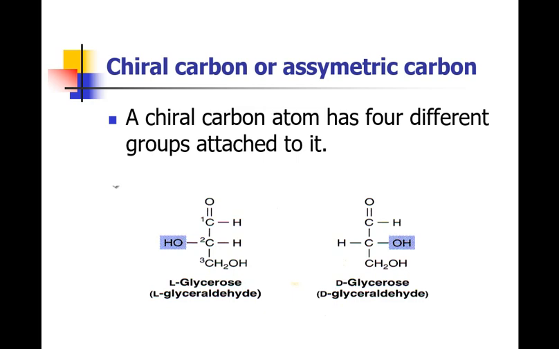2 to the power of n is the formula which is used to identify the number of isomers. Here there is one asymmetric carbon, and n is the number of chiral carbons or asymmetric carbons. So n is equal to 1, 2 to the power of 1, that is 2. So glyceraldehyde can exhibit a maximum of 2 isomers. One is L-glyceraldehyde and the other one is D-glyceraldehyde. This is how we can calculate the number of isomers for a particular compound using the formula 2 to the power of n, where n is the number of asymmetric carbons.